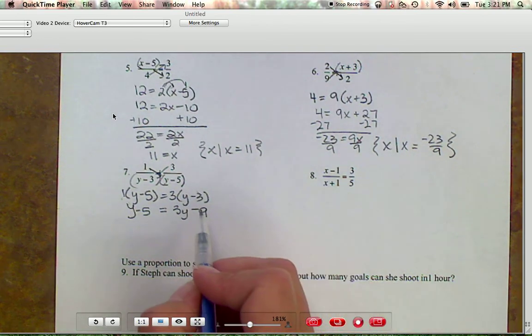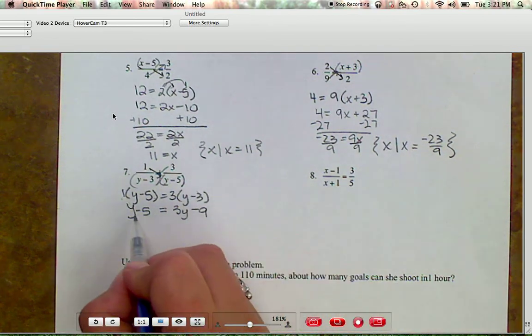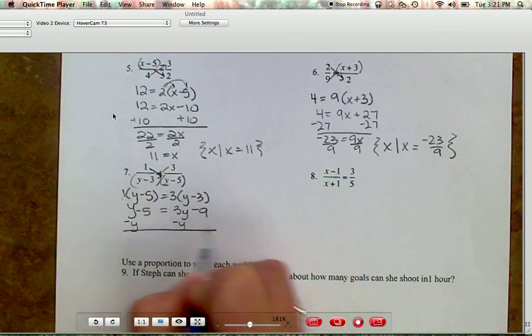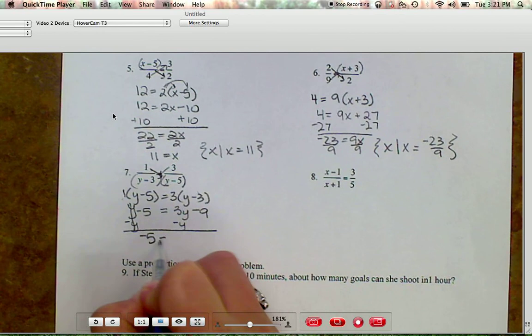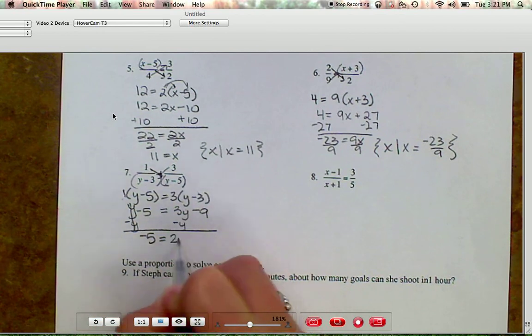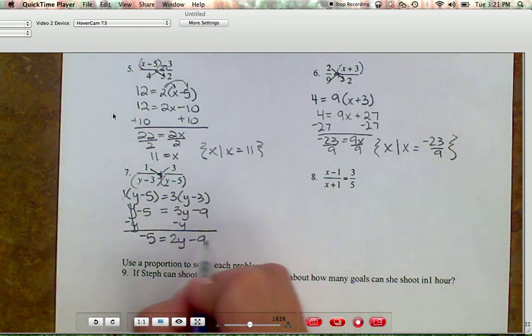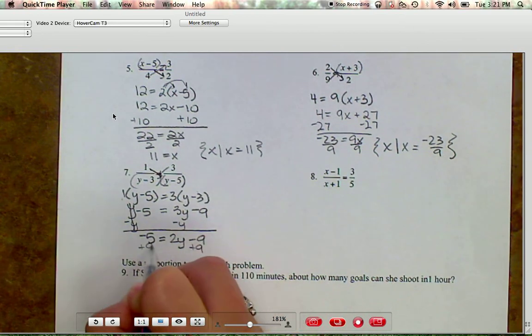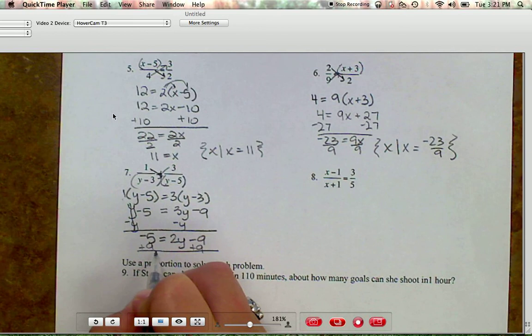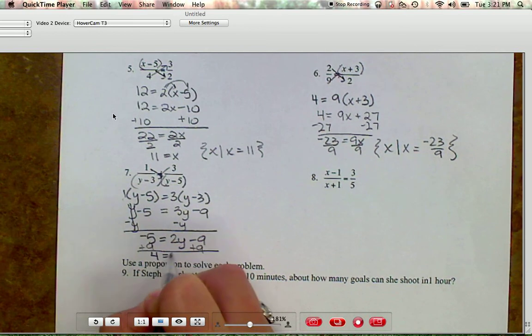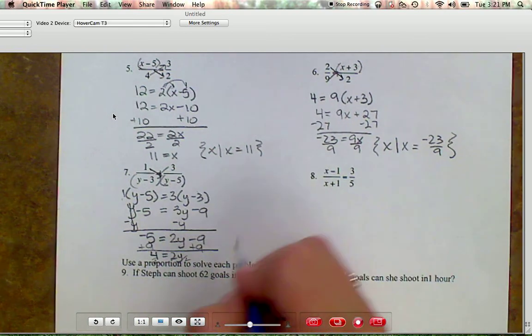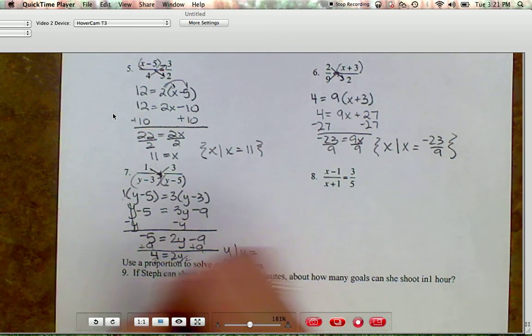So we want to collect all the variables on one side. I'm going to move my smaller variable, so I subtract y from both sides. That drops out and I get negative 5. 3y minus y is 2y minus 9. Then we want to move all the numbers to the other side, so we add 9 to both sides. 9 minus 5 is 4 equals 2y. Running out of room. Divide both sides by 2, and we get y equals 4 divided by